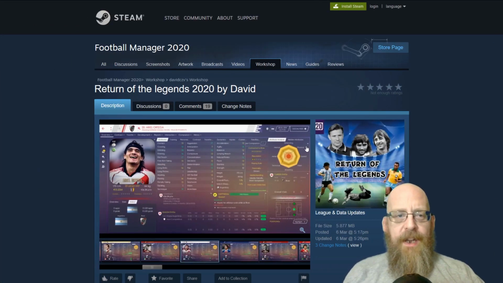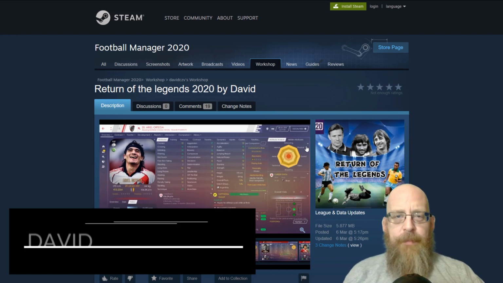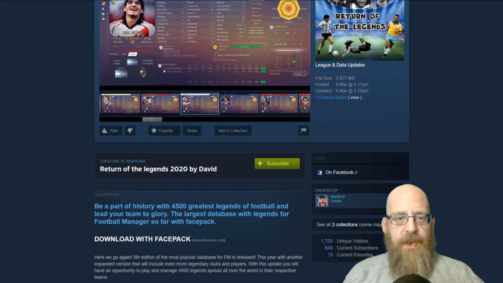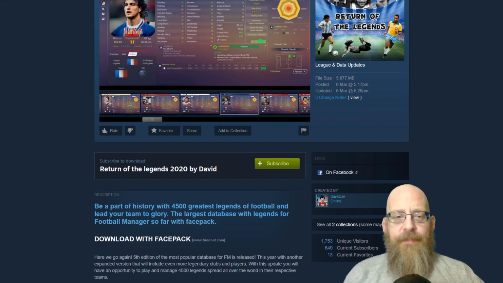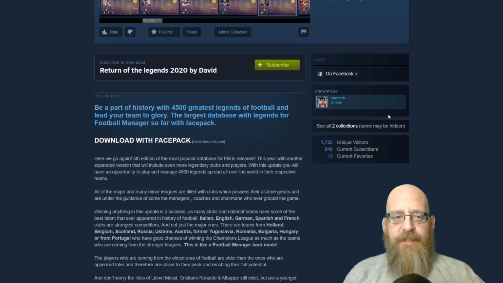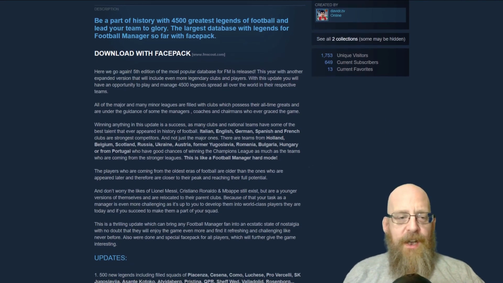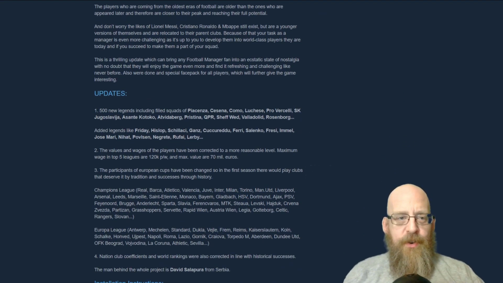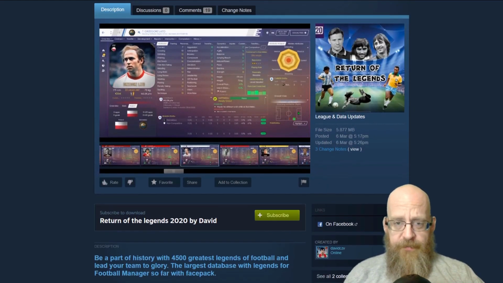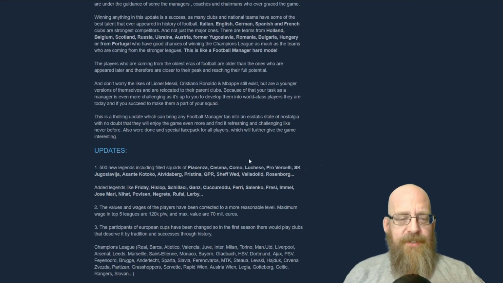Okay, next up we have Return of the Legends 2020 by David. This is actually from Steam and is a database update. What it gives you is 4,500 greatest legends of football that have been added to the database. There's also a face pack that can be downloaded from fmscout.com. As you can see, there's a lot of information on who is who. I think this is an update from previous editions and certainly previous versions of Football Manager. In terms of updates, there's 500 new legends included,